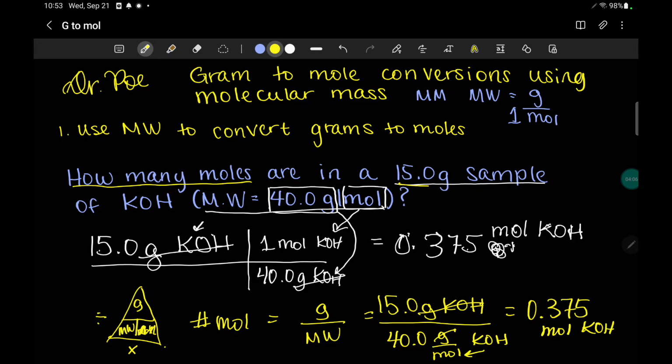So it doesn't matter if you want to use the triangle method. If you like that, that's great. If you want to use the ladder method, go ahead and use it. Whichever way you're most comfortable in is going to get you a consistent and correct answer. Make sure to show your work. Make sure to include units and